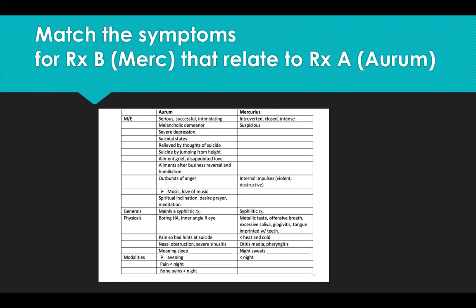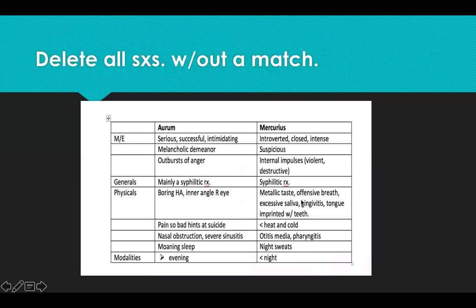So now I've taken all the things from remedy B, Mercurius, which I think I can line up with symptoms from Aurum. So the next step is that I am going to delete everything from the Aurum side, all the rows that had Aurum symptoms for which I do not have a match for Mercurius. So all of a sudden my chart has shrunk considerably. So now I have a set of comparisons, but I haven't decided whether they're similar or different. So that's my next job,